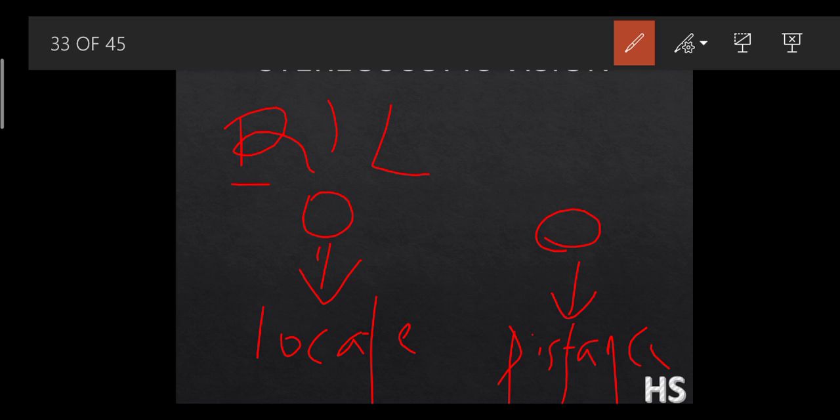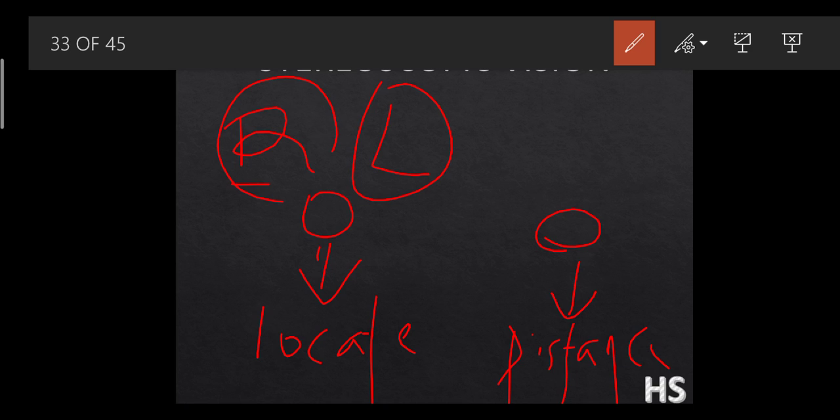See, this is the right side and this is the left side. One eye helps you to know the location, the other eye helps you to know the distance, whether the object is too far or too near. So this is called binocular vision or stereoscopic vision. This is very important. A person with one eye does not judge things as quickly as a person with two eyes. A person with a single eye cannot judge the speed, the distance or the location as accurately as a person who has two eyes.